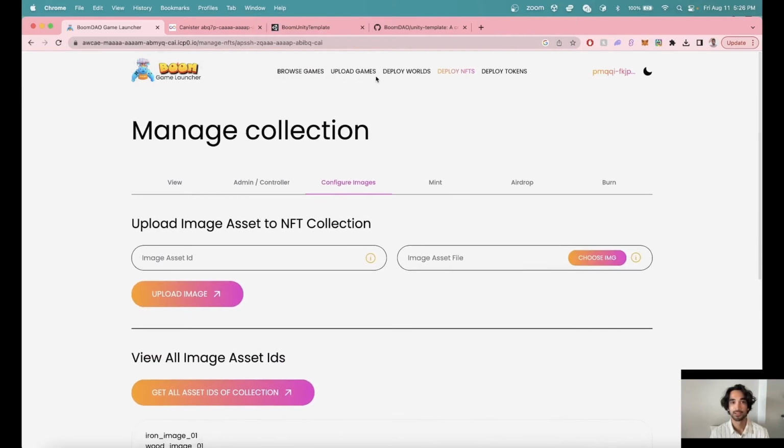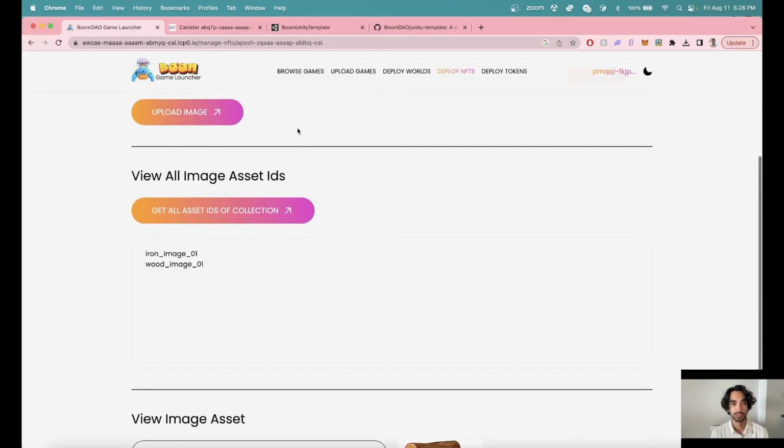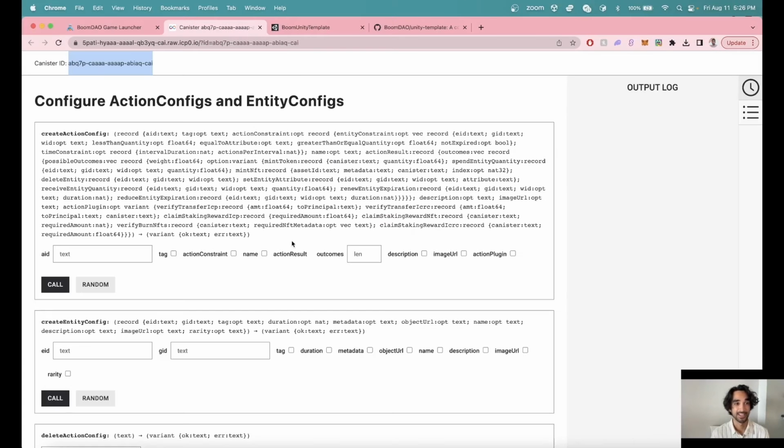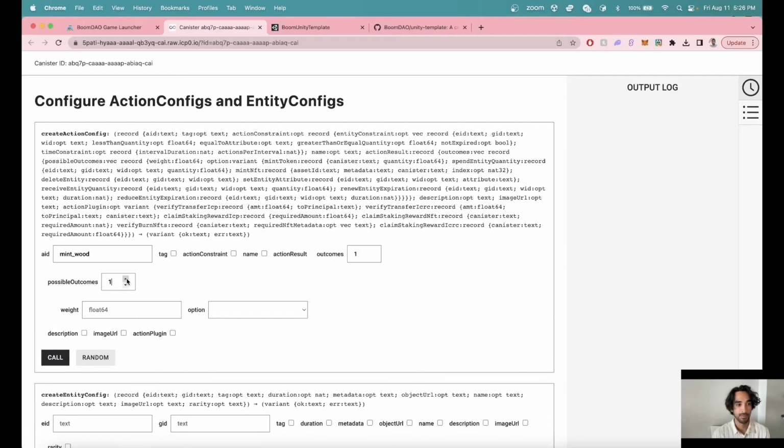Perfect. So now that we have our images, let's configure our actions. So we'll go back to the world. The first thing we need to do is create two actions, one for minting wood and one for minting iron. So let's do that first. So we'll do a mint wood action, and this action is simply going to have an outcome of 100% chance